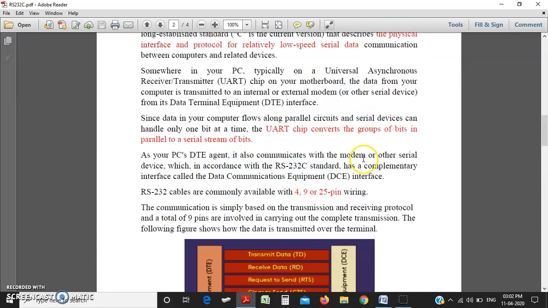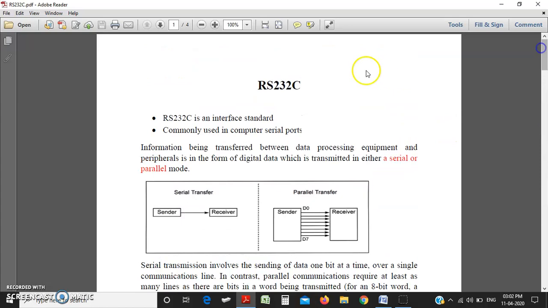Here this is the RS-232C standard, which is used to connect a computer to a modem or data communication equipment. It provides specifications for serial communication. Thank you.